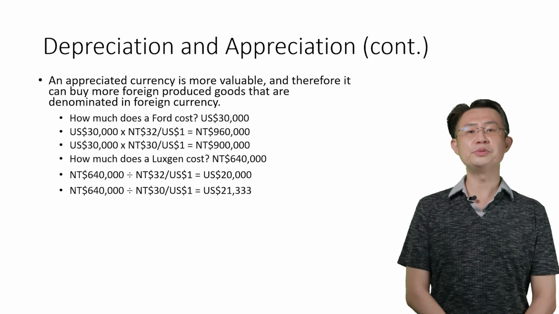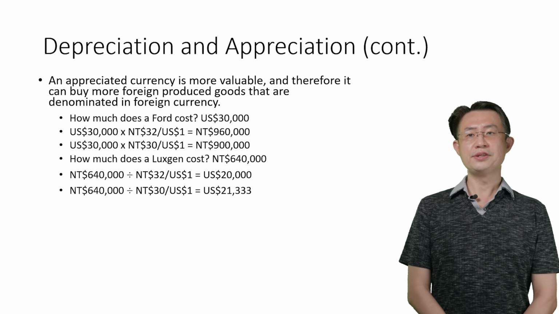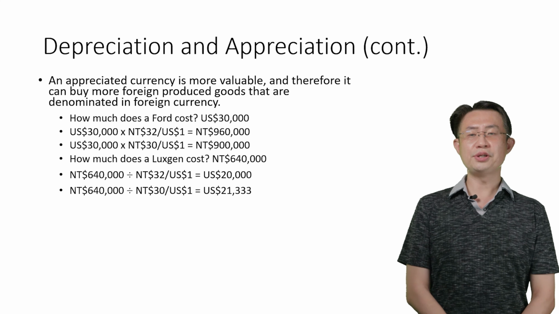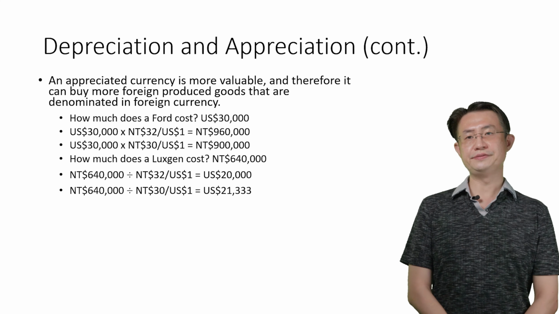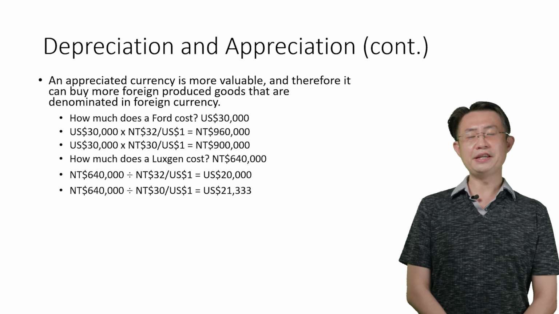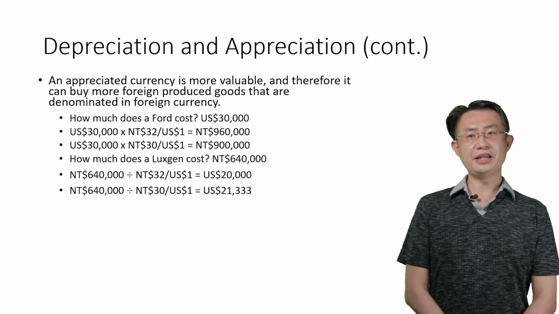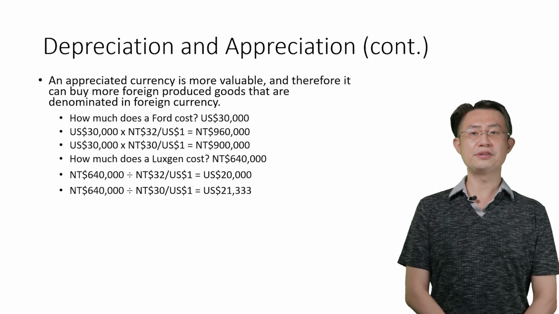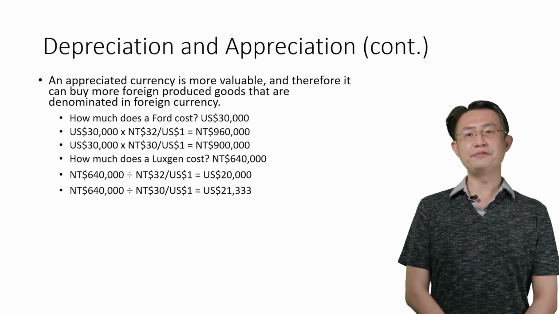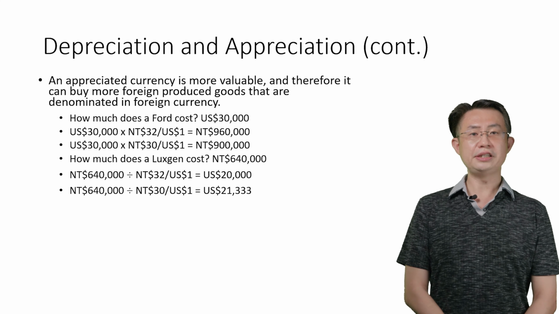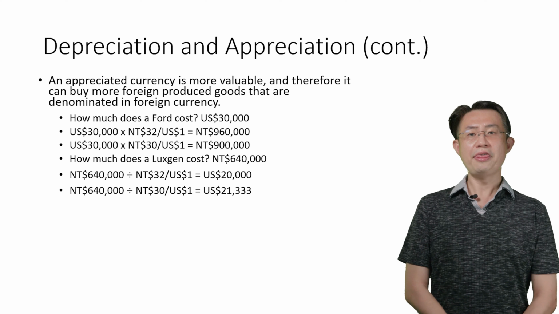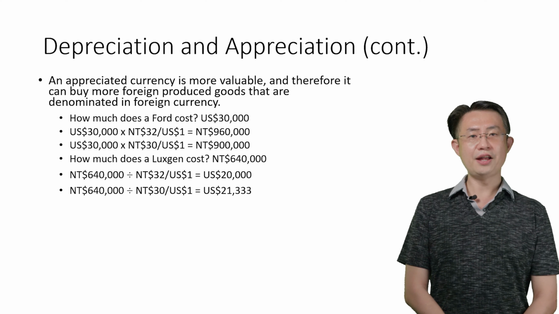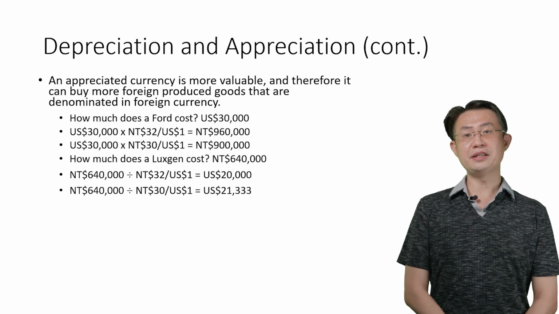Here we want to figure out what happened to the price of imports. Okay, so as you can see, at the new exchange rate, the current exchange rate equals 30. Okay, the Taiwan dollar faces appreciation. Okay, what happened to the price of imports in this case? So as you can see, the same SUV has a price of $30,000 US. $30,000 US can exchange for 900,000 NT dollars. What does that mean?